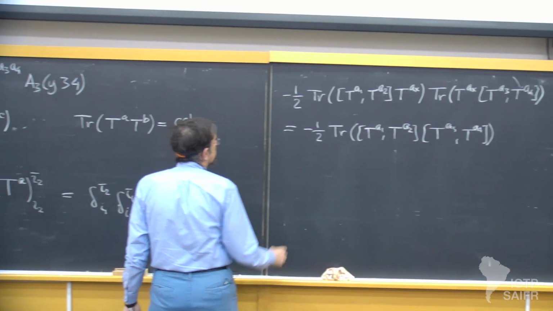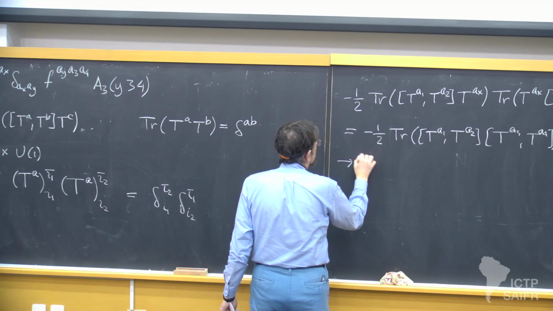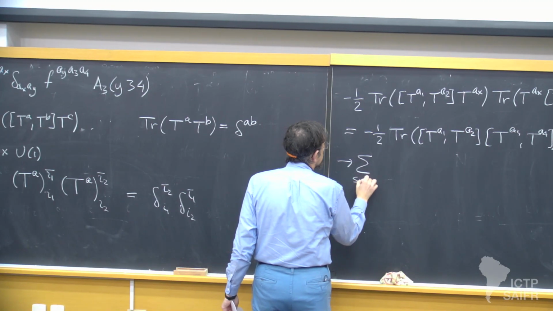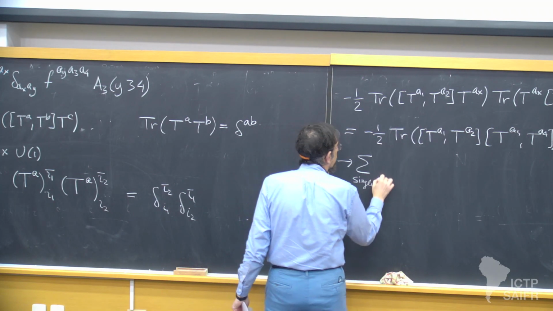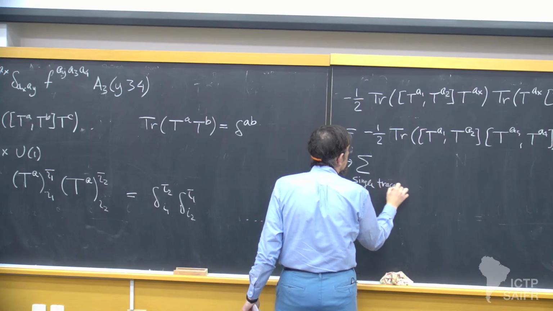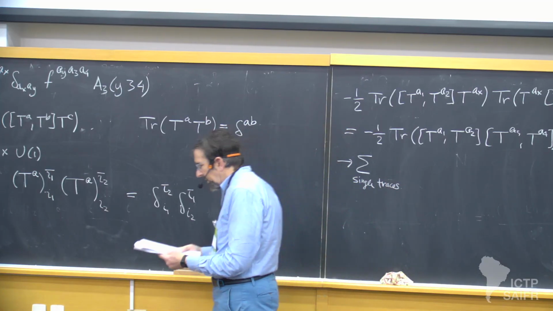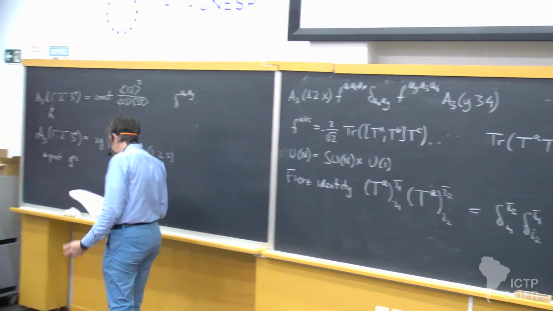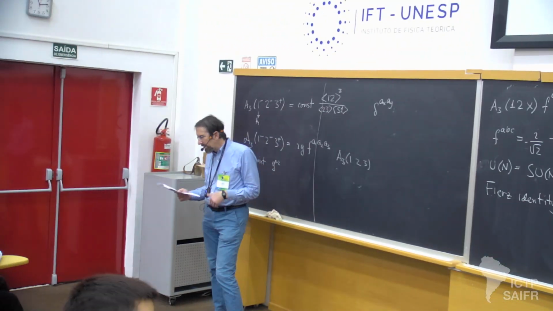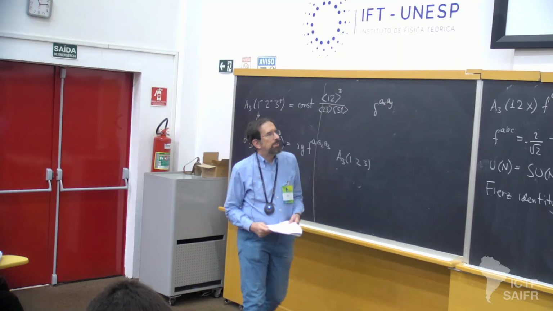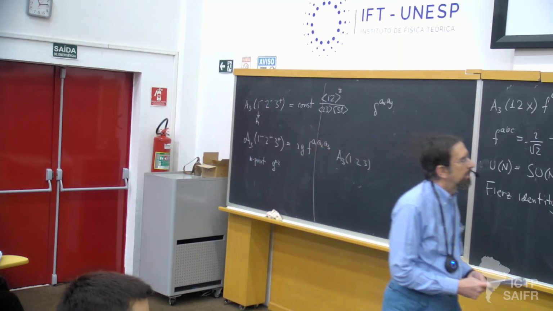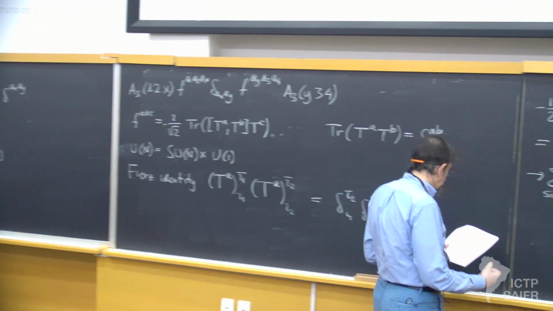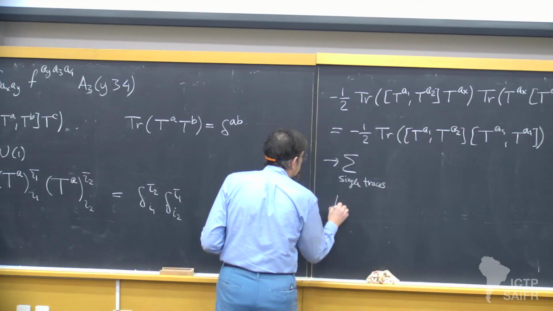So we get a sum over single traces. And as we sew on more and more 3-point amplitudes, we can iterate this. And so that means that for the full n-point amplitude in pure